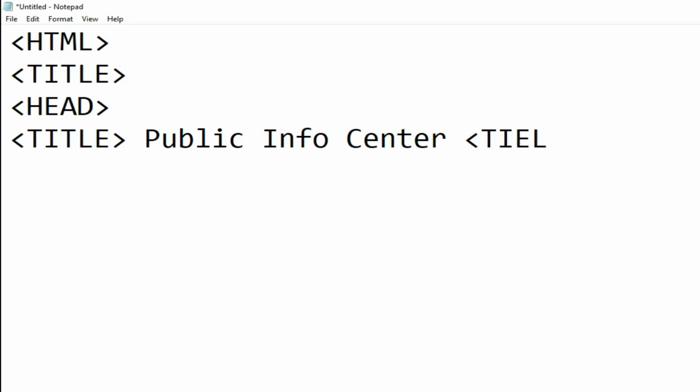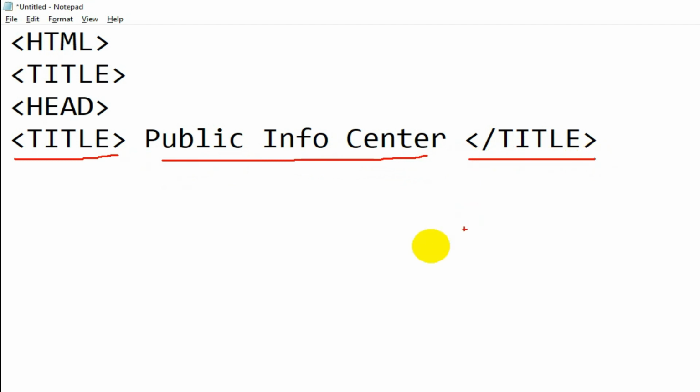So we end the tag in this way. Same, we will write here title, and just after the opening angle bracket you add one forward slash. So this becomes the ending tag, or we can say closing tag. So here title open, content written, title close. That means start tag, content, end tag. Here this is the starting tag, this is content, and this is end tag.